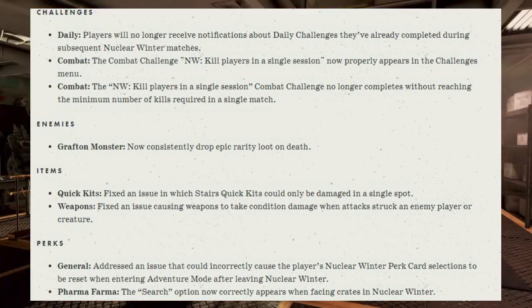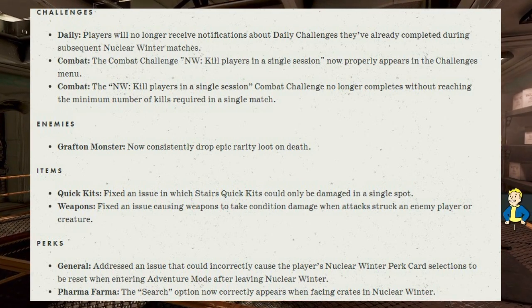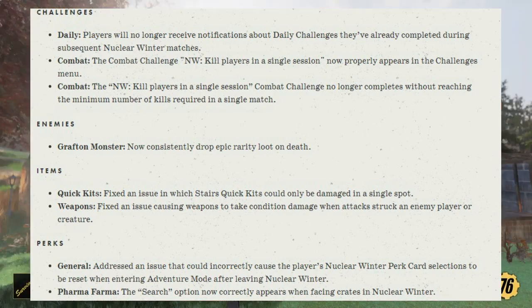And also under combat, the combat challenge NW kill players in a single session now properly appears in the challenges menu. And also the combat challenge no longer completes without reaching the minimum number of kills that is required in a single match. Under enemies, Craft the Monster now consistently drops epic rarity loot on death. Quick kits: fixed the issue in which stair quick kits could only be damaged in a single post, and fixed the issue when changing weapons that would cause the weapons to take conditional damage